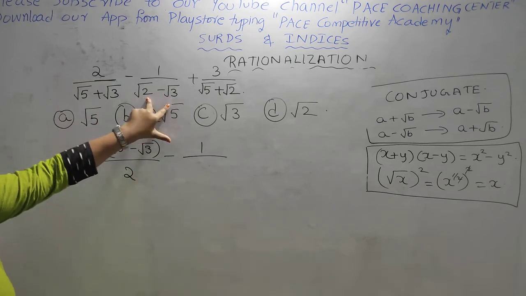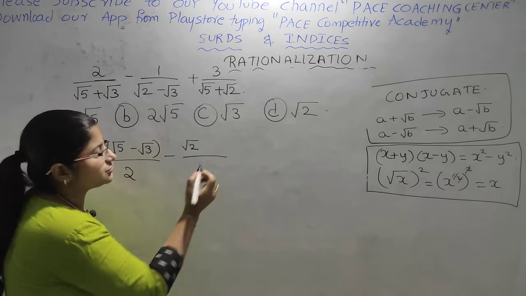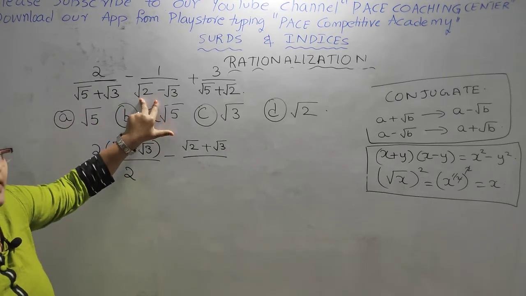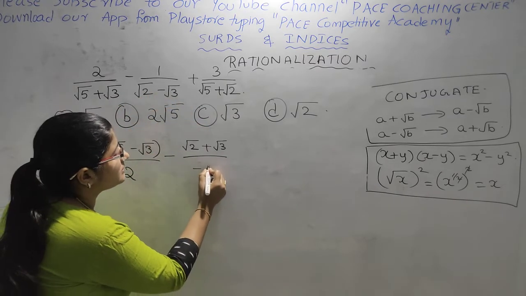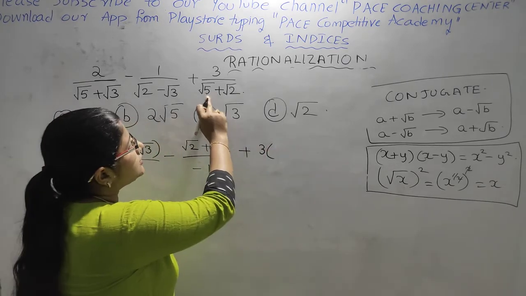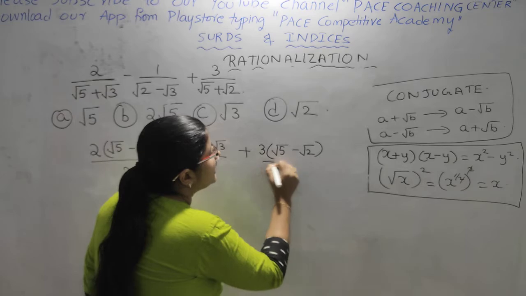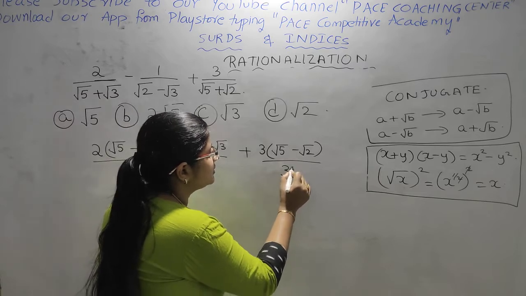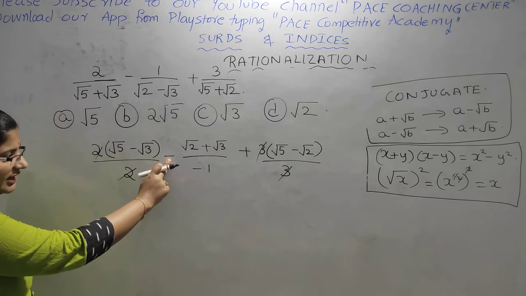again by doing the rationalization, we will be getting in the numerator the conjugate of root 2 minus root 3, which is nothing but root 2 plus root 3, divided by root 2 square is nothing but 2, root 3 square is nothing but 3, 2 minus 3 is equal to minus 1, plus 3 into, again the conjugate of root 5 plus root 2 is nothing but root 5 minus root 2 divided by a square minus b square is nothing but 5 minus 2, which is equal to 3. So now 3 gets cancelled, 2 gets cancelled, minus 1 into minus is equal to minus into minus is plus.